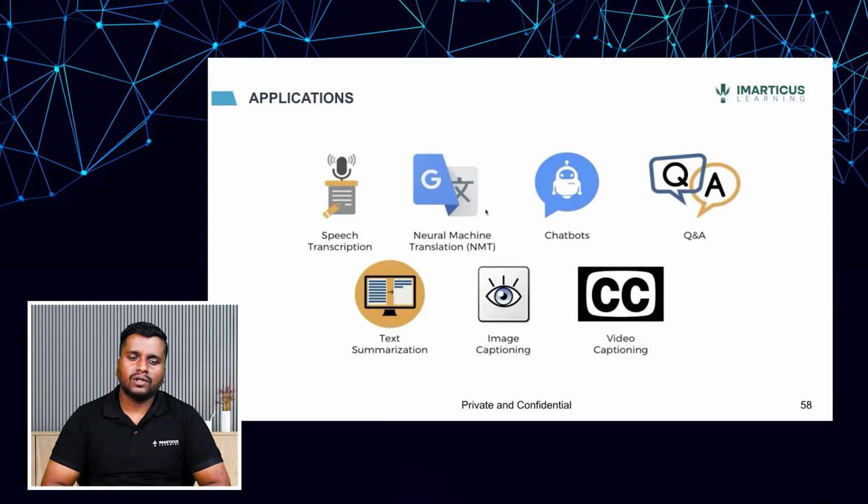Then neural machine translation, which helps us very much in order to translate. Like we have Google, where we translate information into any language. You can translate it to English, Hindi, any possible language. Then we have chatbots. Chatbots are very essential.